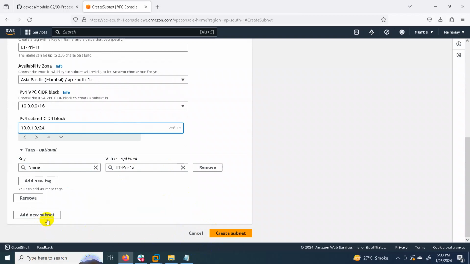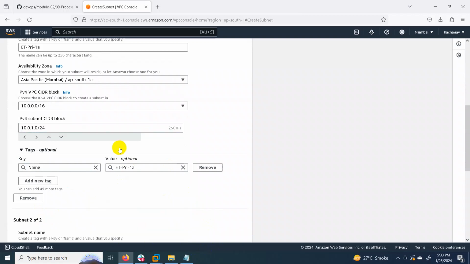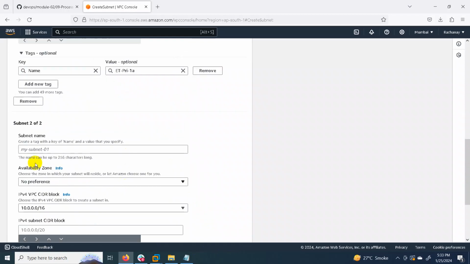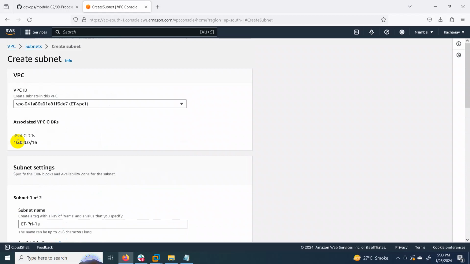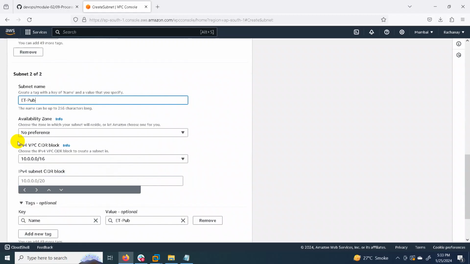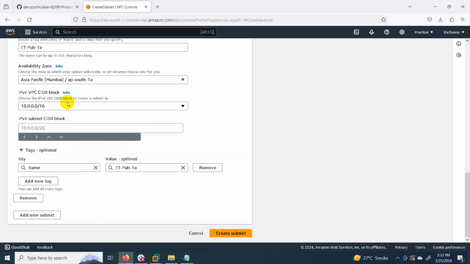After that, from here itself we can create a new subnet, the second subnet, public. Again, the availability zone is the first. CIDR.